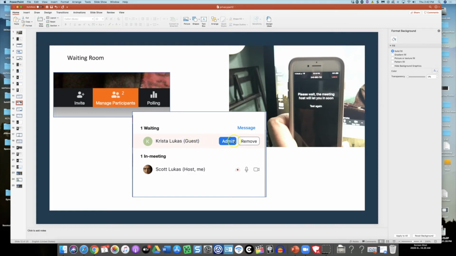I could hit admit, or if they have some fake name that I could tell is offensive, I immediately remove them and they cannot enter the meeting. So that's a really great way initially to screen. It's like different levels of defense with a castle. You know, first you would have the moat, you'd have the archers on the top, the drawbridge. So we're going through all those levels of defense, if you will, in our virtual castle, to use the metaphor.